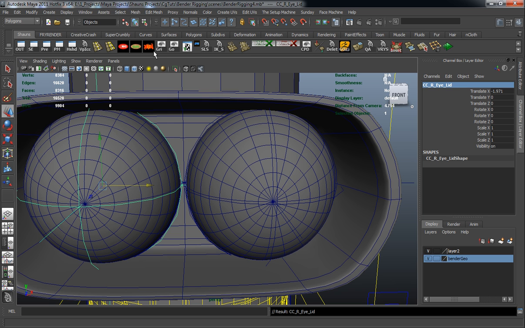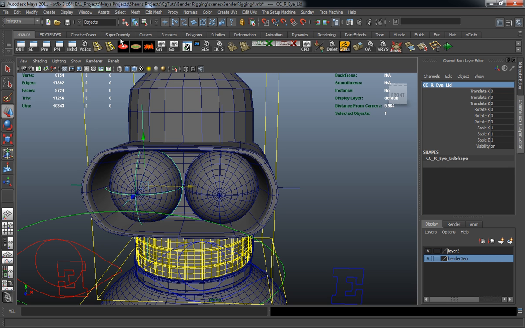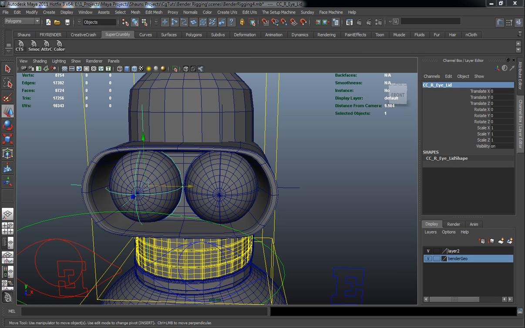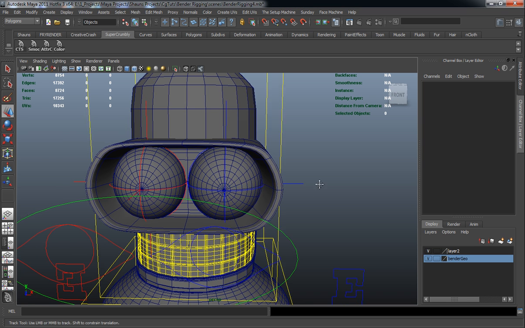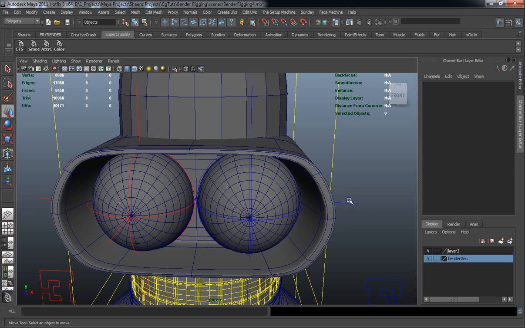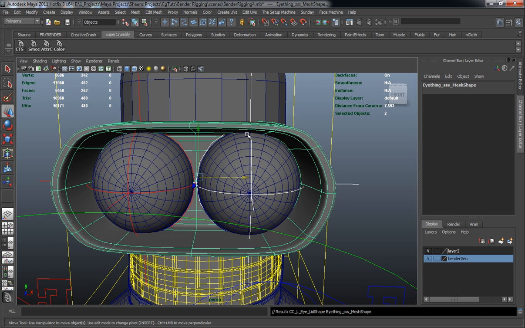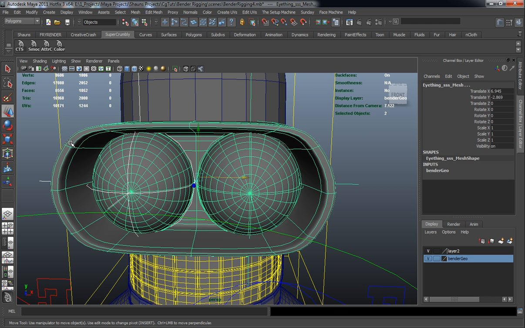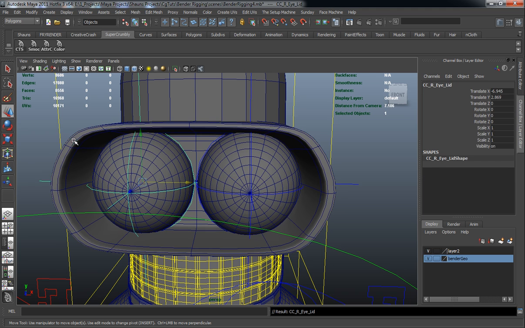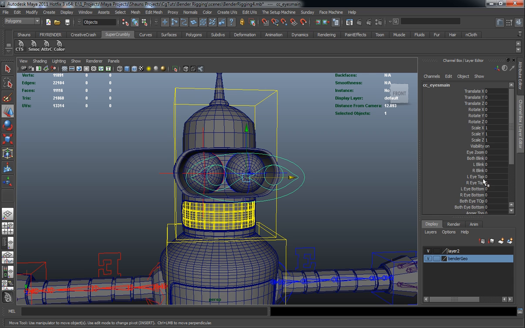Okay, making sure that we center the pivot on that, and we will just simply go ahead and change the color on those. Obviously the right one's going to be red, the left one here is going to be blue. Okay, and we will just simply parent this to what is the actual eye main part geometry. Do the same thing here for the other one, and parent that. Okay, so now you can see in our channel box that we're going to have